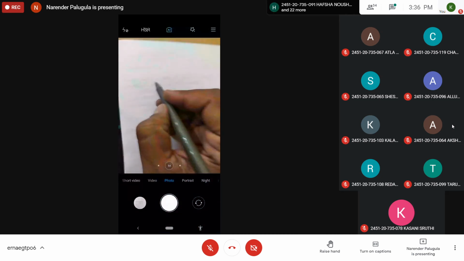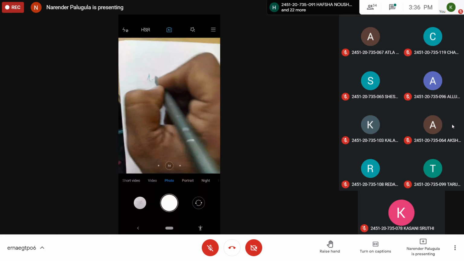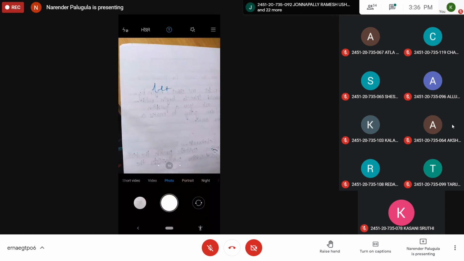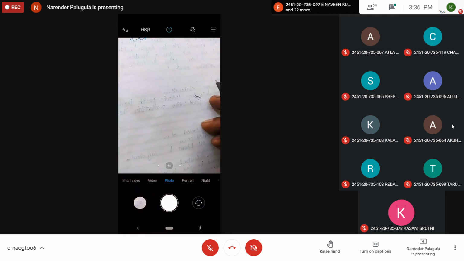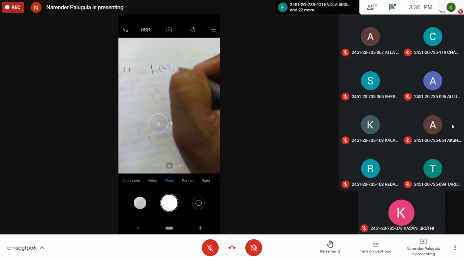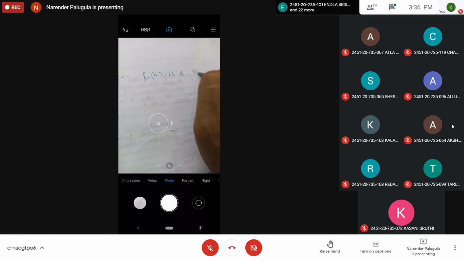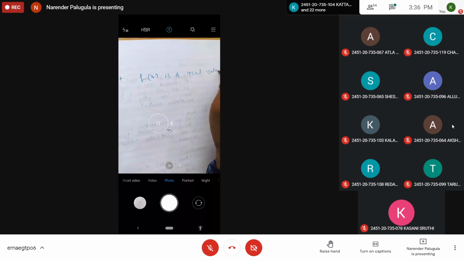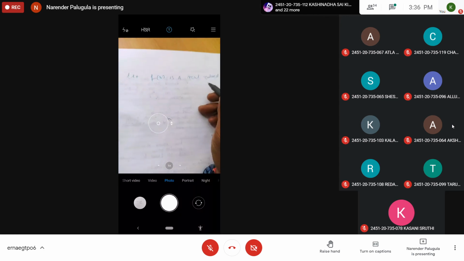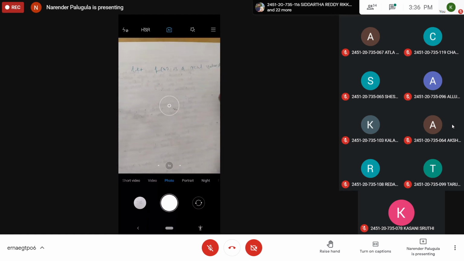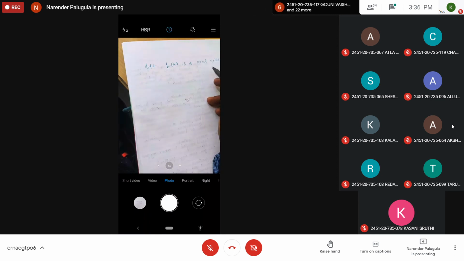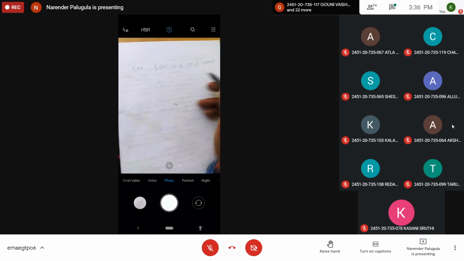Taylor's theorem states that, let f of x be a real valued function. All of you try to note down this theorem; it is not given like this in the statement in the notes I shared in the classroom. So I give the brief note.